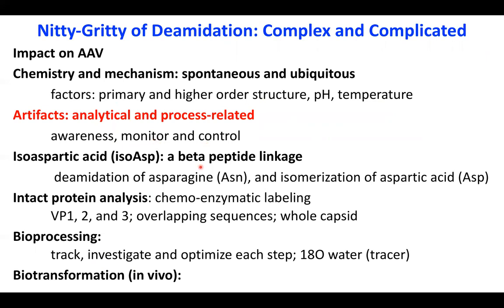And then in the later part of my talk, I will have a little more forward thinking and share some ideas of isoaspartic acid, which is a beta peptide, very much changing protein conformation, how it is formed, and what the impact is. And also then bring some discussion about intact protein analysis. I think this is particularly important for viral capsid and how we do that, perhaps from a chemoenzymatic labeling method. And then a little bit about how to track each particular step and optimize the process to minimize and avoid deamidation. And finally, very briefly, share with you some ideas about biotransformation, essentially what happens in vivo for deamidation and